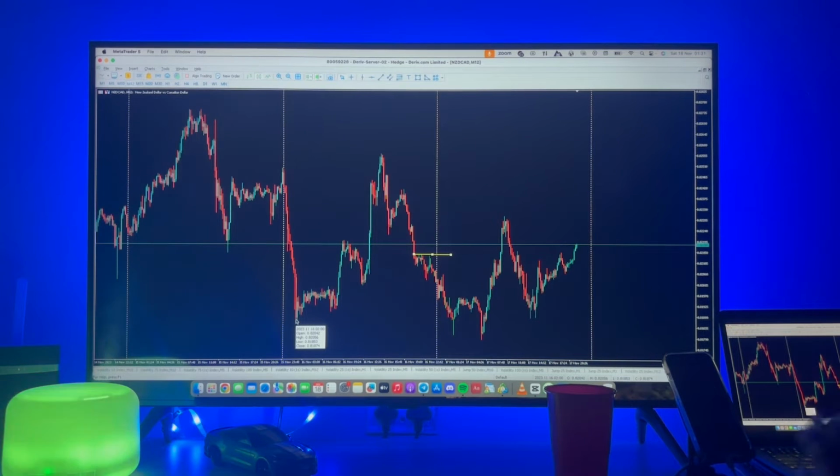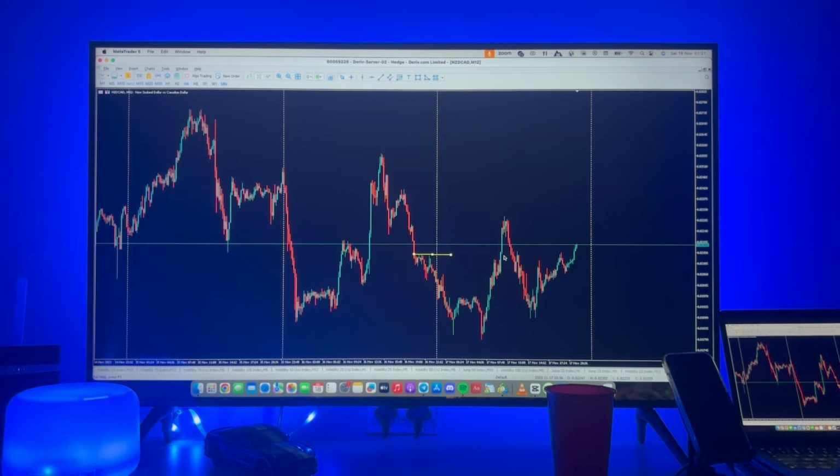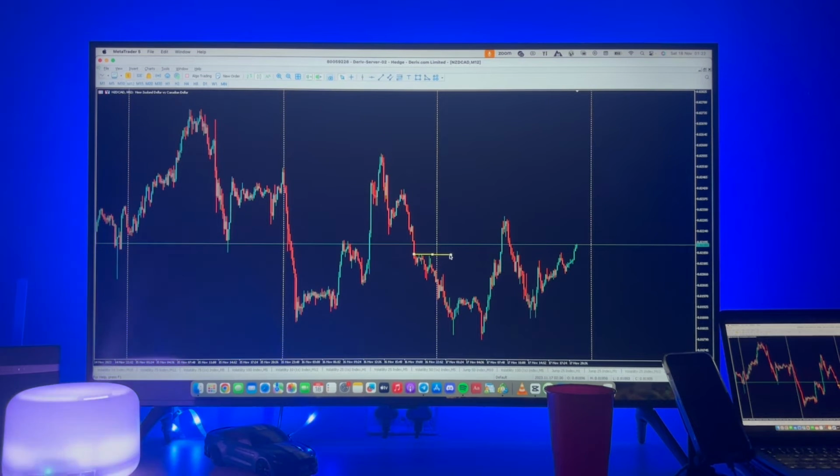Like this was the low of that day, legit OG low, you understand? And this was OG high, you understand? I'm saying OG, old gangster, not OG, you guys. So we want price to close above this